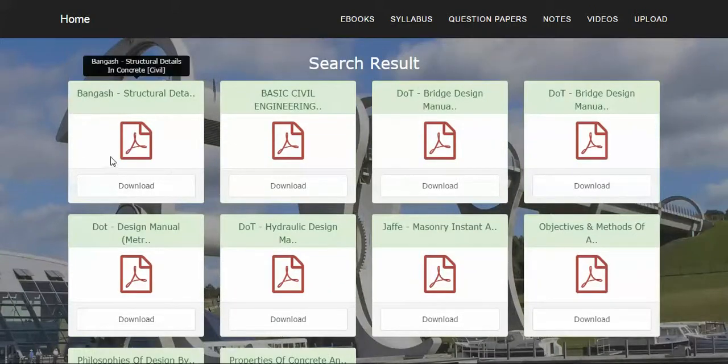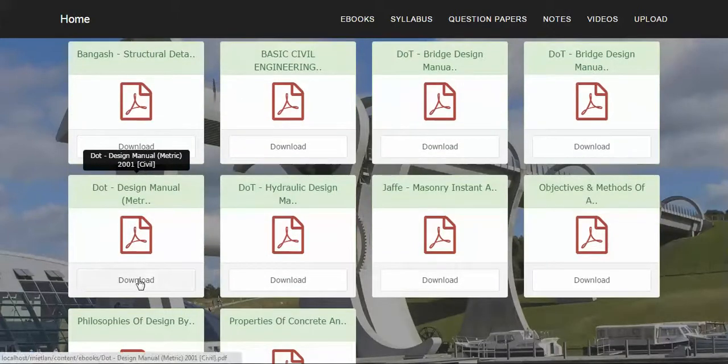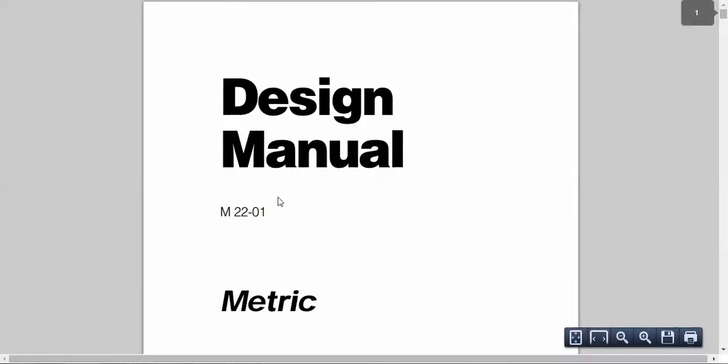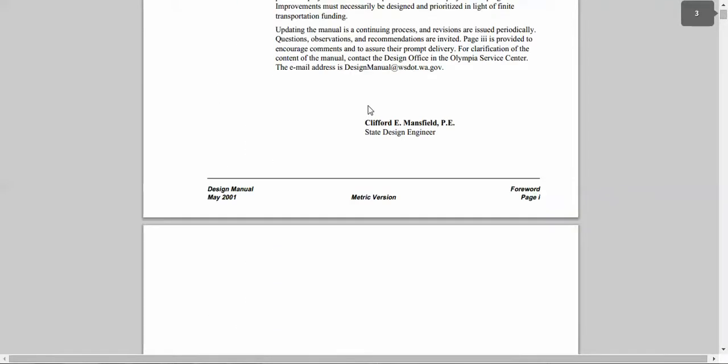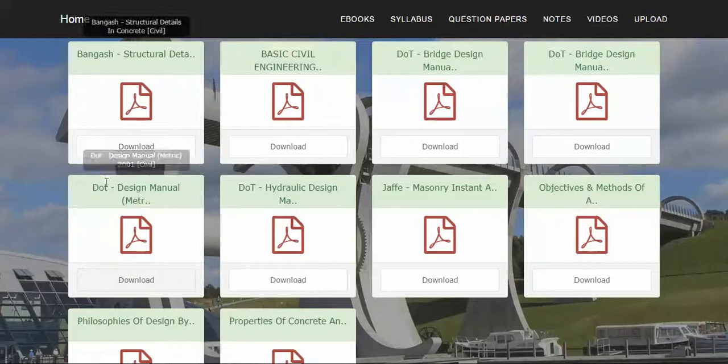For example, I want to read the design manual. When I click on the download link, it gets opened in a new tab in my browser. I can read the whole book by scrolling down, or I can close the tab.